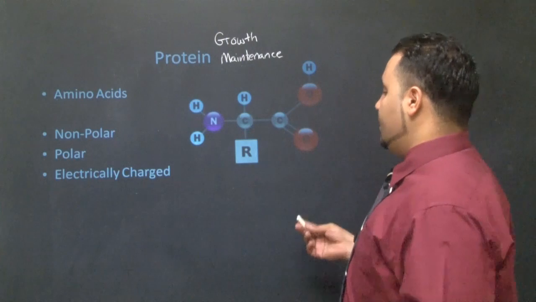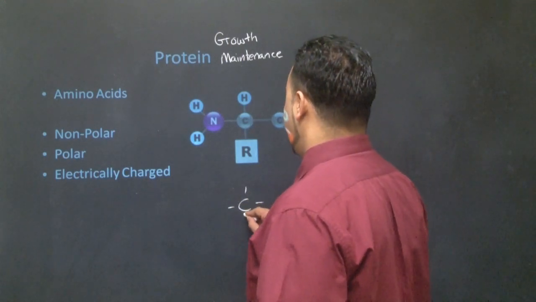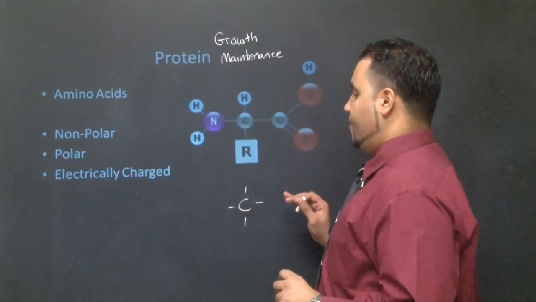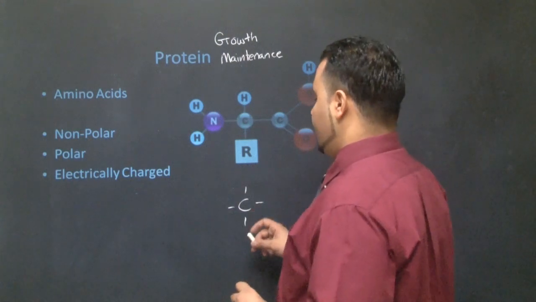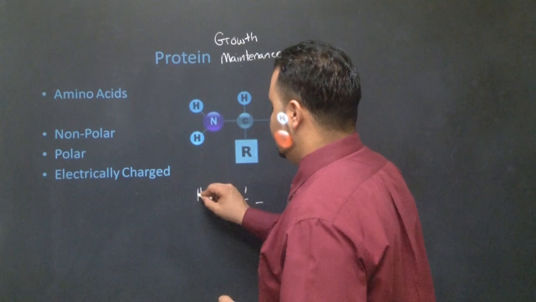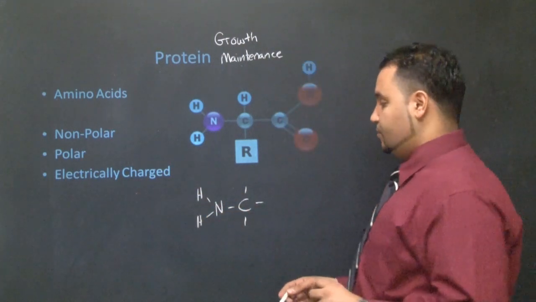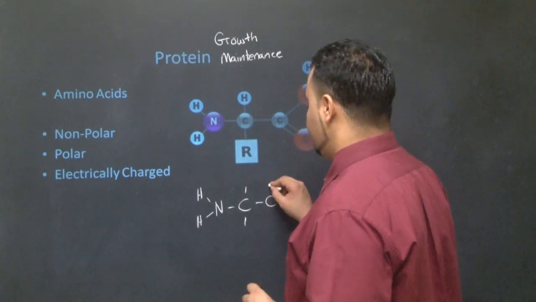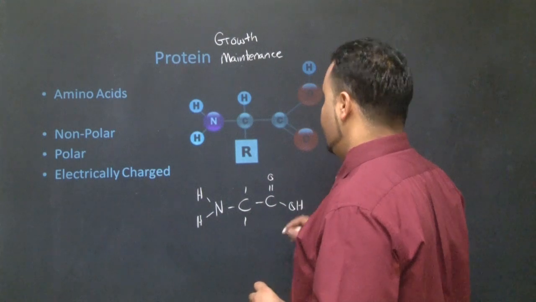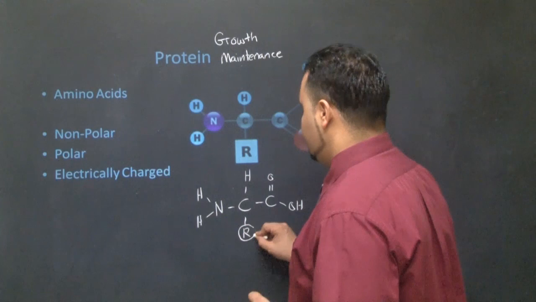So this is your basic amino acid, and I'm just going to draw it a little bit down here, right? I just want to show you how I would go about drawing it, okay? So I start off with my alpha carbon, and that's the one in the middle. And then I'm going to put my amino group first, because this is an amino acid. And the amino group has nitrogen with 2 hydrogens, right? And then the acid group comes next, and that goes on the right side. And then we put OH. All right, then there's always a hydrogen on the top,